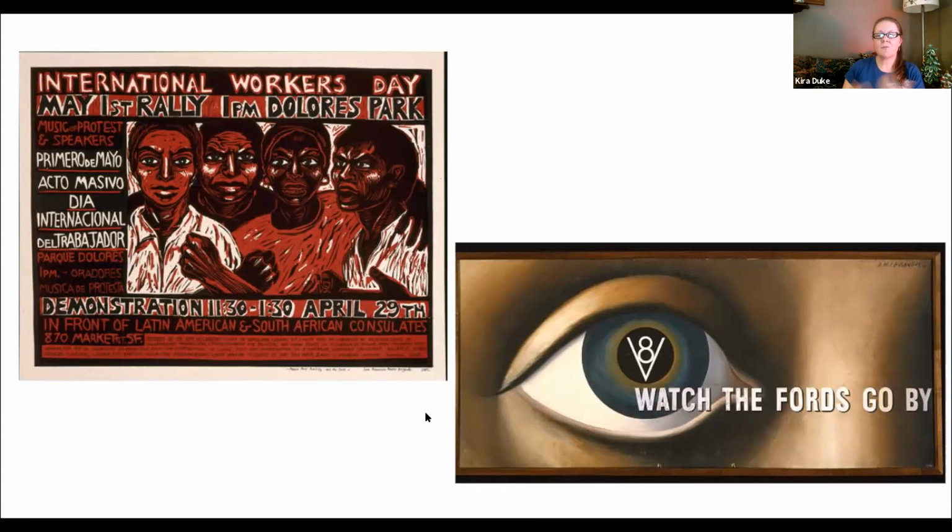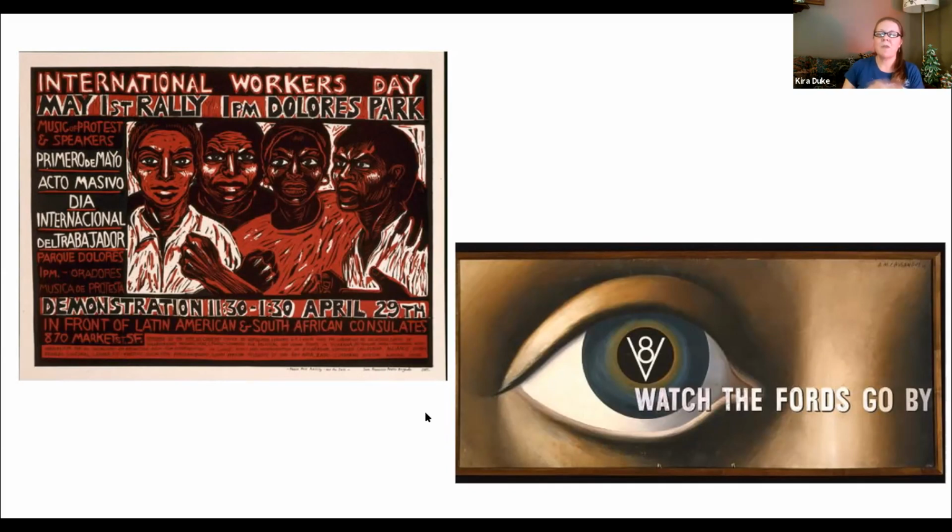Right, where it's a demonstration. We're trying to promote an event, get people to come out for the activities that are happening there. It's definitely publicizing a cause. So again, very different purpose, very different type of imagery, and type of poster that we're seeing compared to